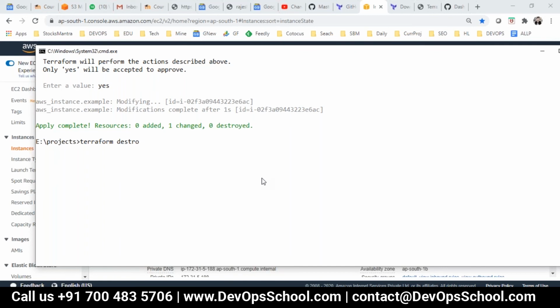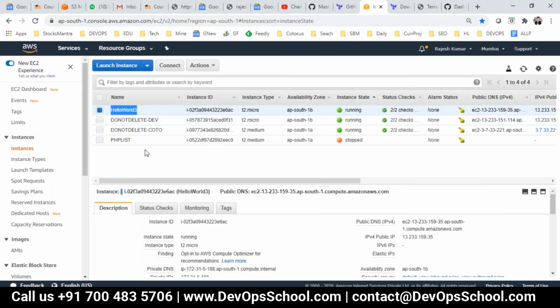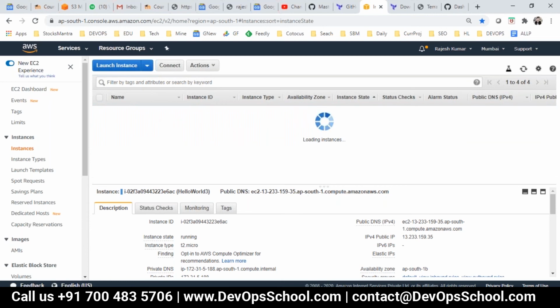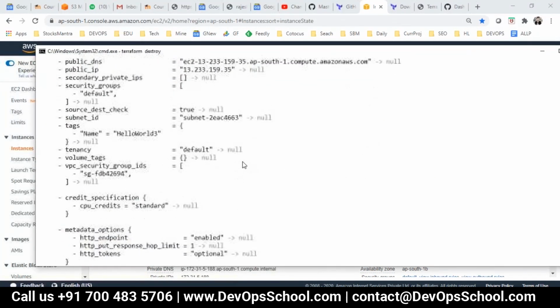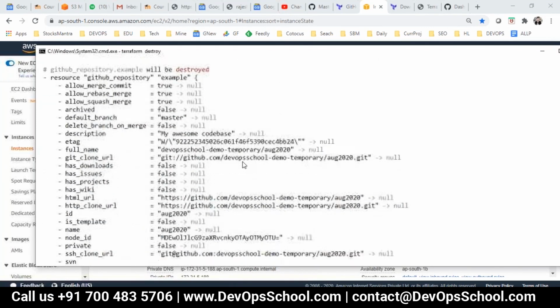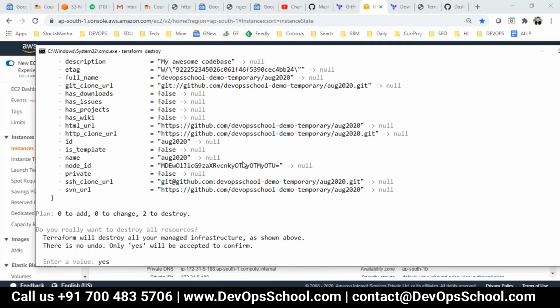Destroy. That's all. So your automation is completed. So you created, changed, added, changed, and destroyed in one go. And only yours will be deleted. Remember, I have 3 EC2 instances here running, but only this will be deleted. Let's check it out here. I have to say yes here. Let it come. Yes. Enter.